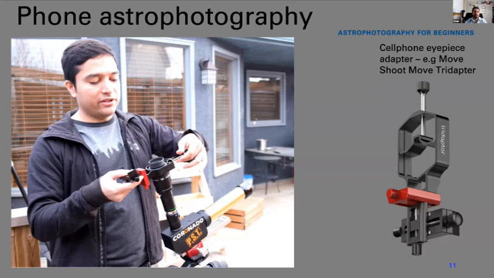And what this does is it allows you to attach your cell phone to your eyepiece. And then you can attach it to your telescopes, your solar telescope, your binoculars, your nighttime viewing telescope. This won't give you quite the same results as a proper expensive astro camera on an equatorial mount, but you'll be surprised at the results that you can get with just your cell phone, an adapter like this, and a scope hooked up to an eyepiece.